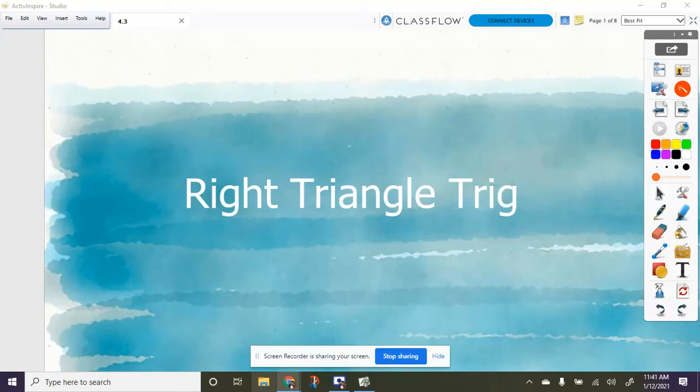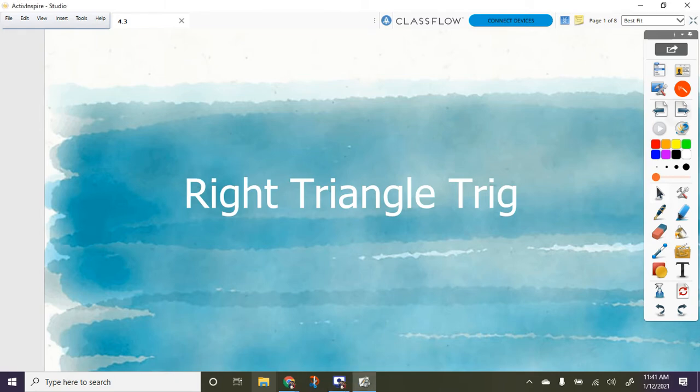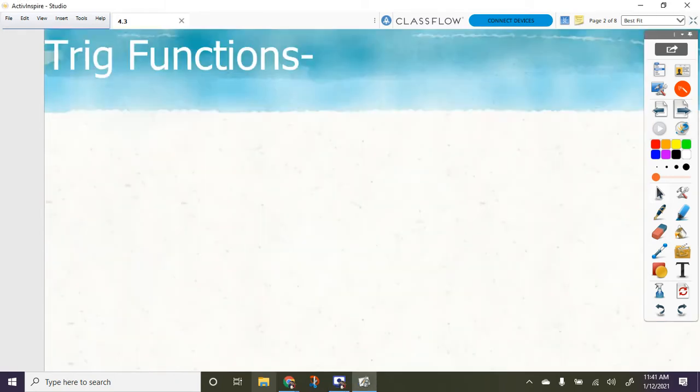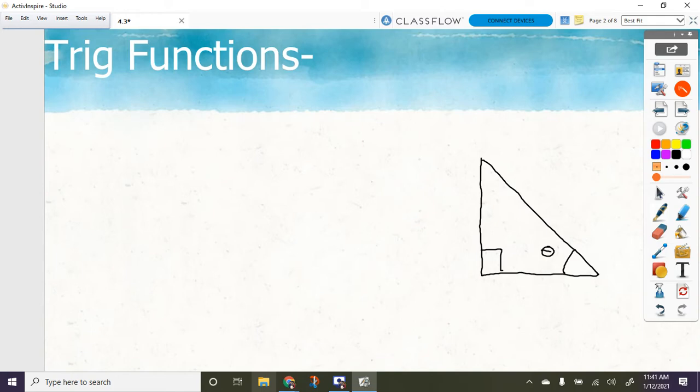Okay, so we're gonna look like you said. Okay. So yes, our trig functions are based upon a triangle. Specifically, what type of triangle? A right triangle. So if this was our theta, up until now we've talked about sine,